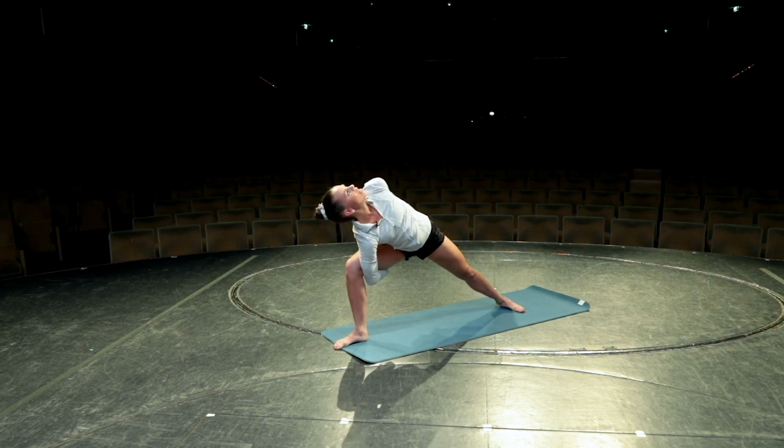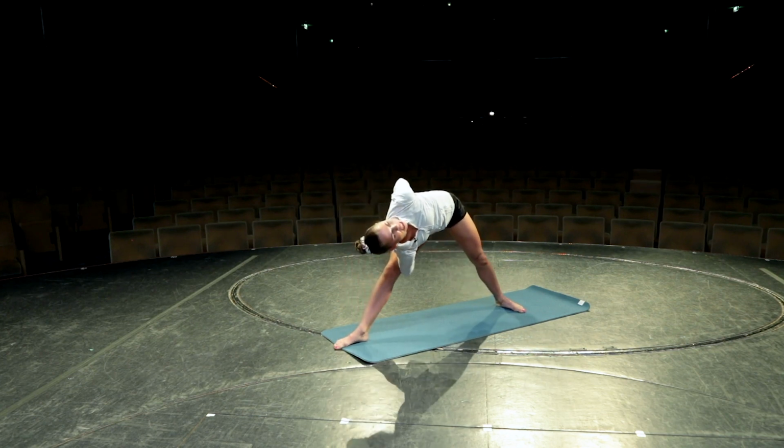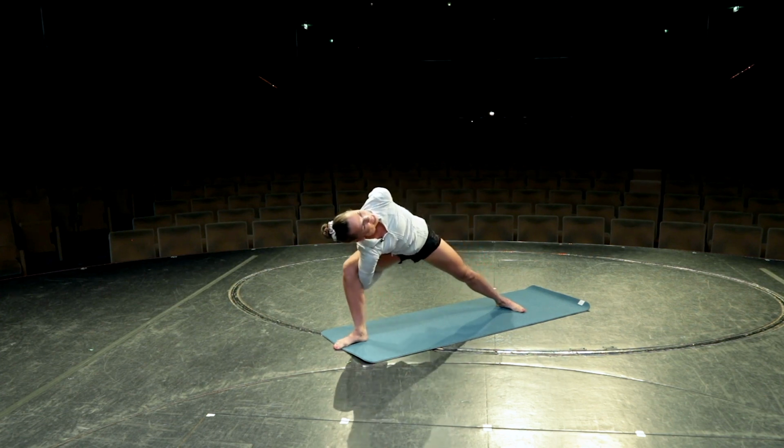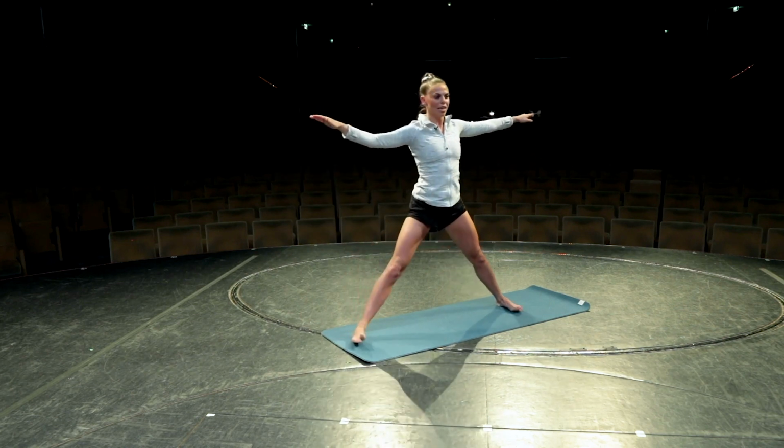We'll hold here for 5, 4, 3, 2, 1. And straighten that front leg, feel that stretch down the front. And breathe. And as we bend that front leg again, recover up to warrior two and back to second with our arms